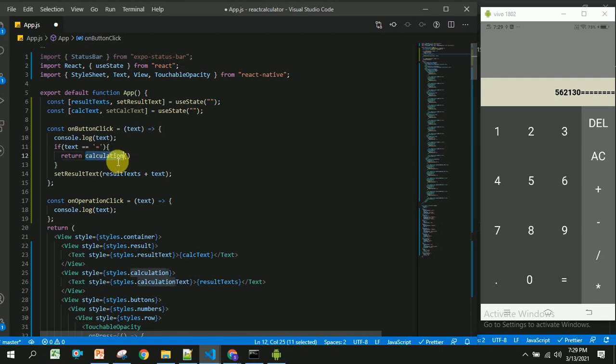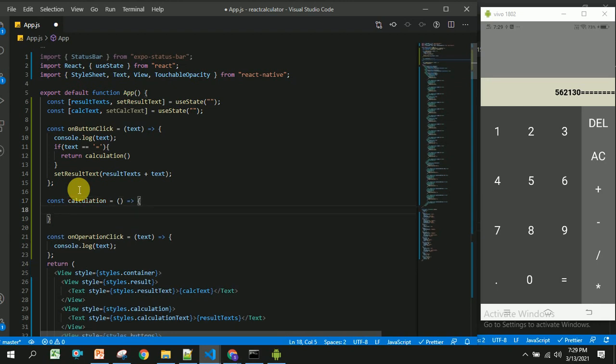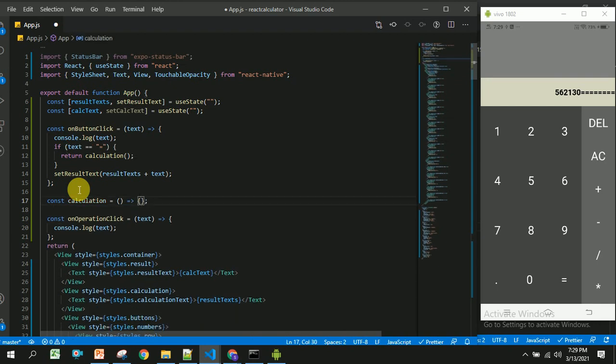So for that I am going to create some function called calculation, where I am going to write some text later. So let us save this. Now once user clicks on any of this number, you will be able to see the number, and if user clicks on this equal to, we will not be able to see anything.